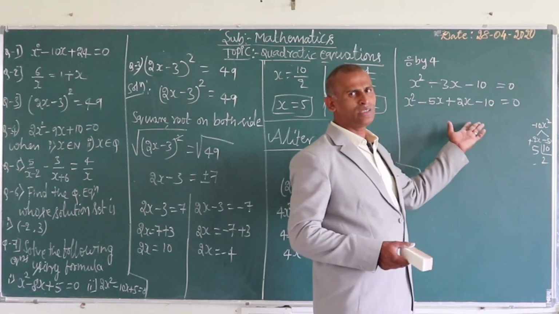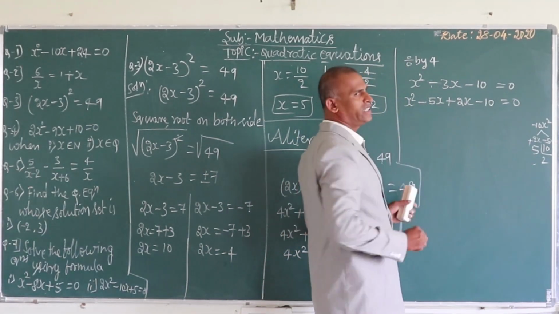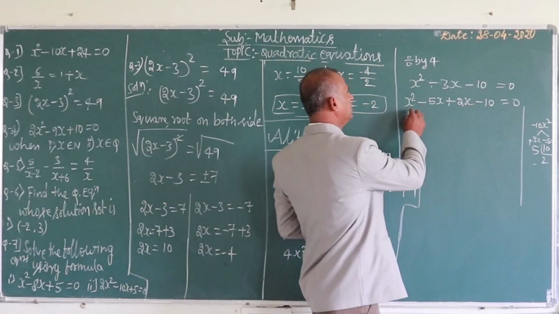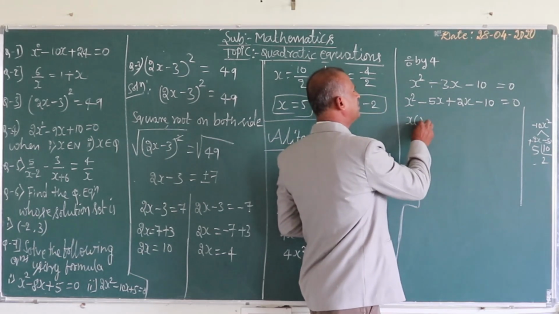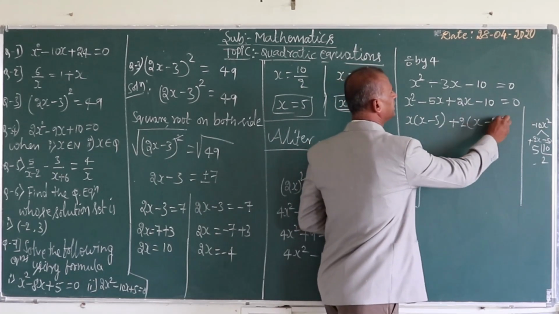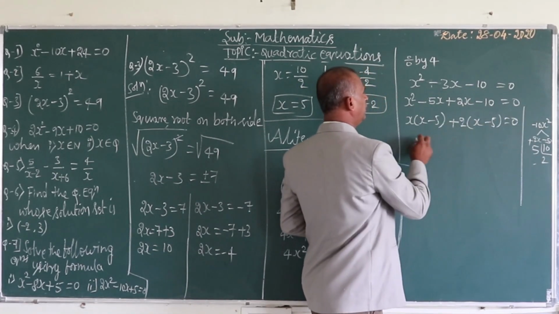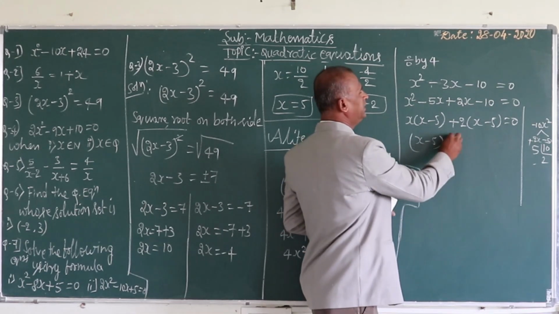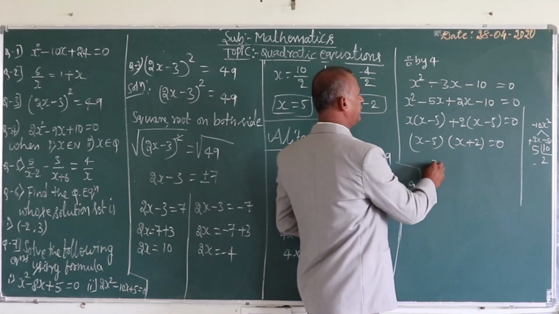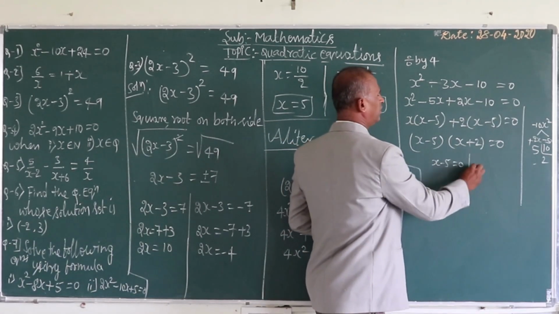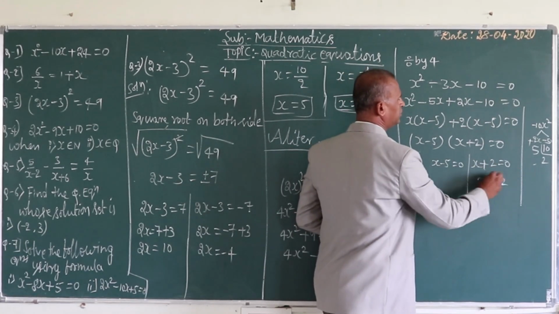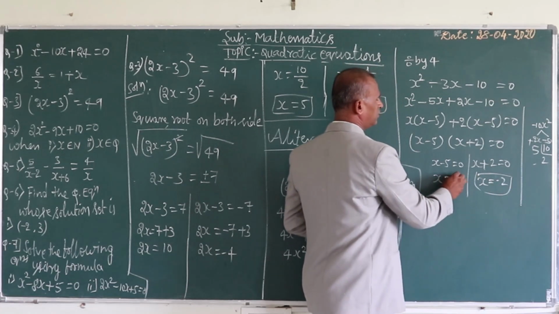Obviously we will tell 5 rupees. That is the way; similarly we are writing this in the quadratic equation. Now here, if you take x common, it is x minus 5, plus 2; if you take x minus 5 common, it means x minus 5 equals 0. Now x minus 5 common means x plus 2 equals 0. Now x minus 5 equals 0, x plus 2 equals 0, x is equal to minus 2, x is equal to 5.